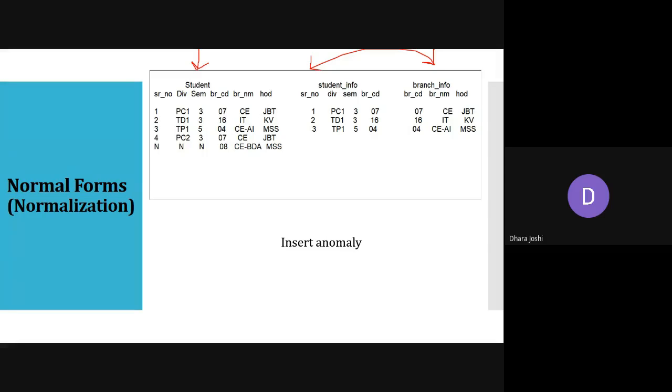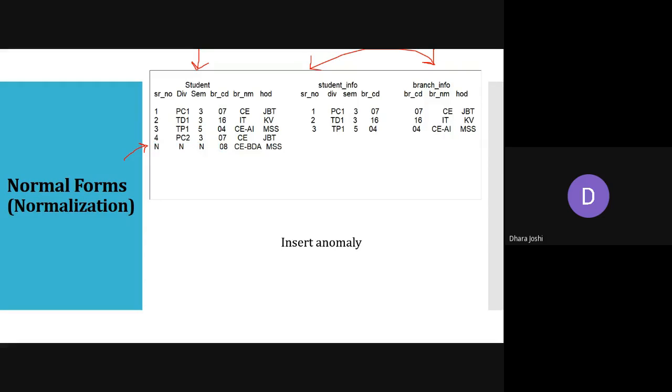Okay. So here, this is called insert anomaly, because serial number we didn't have. Serial number, you can assume here is the student's roll number. So we didn't know which student is enrolled under this course, because we have just started this branch, but the admission is still pending. So this is null. If I'm not having the student's roll number, then I'm not having any division name.